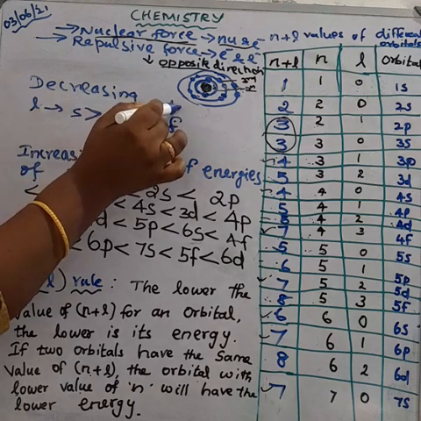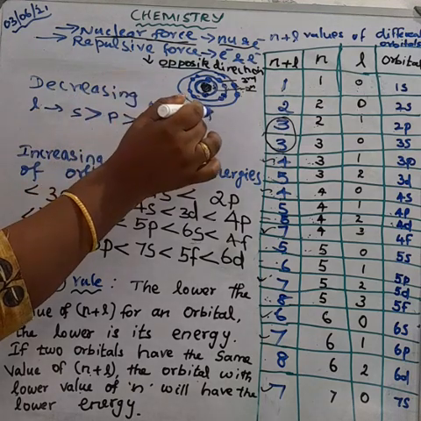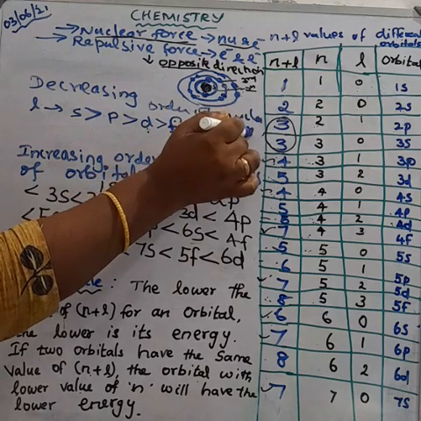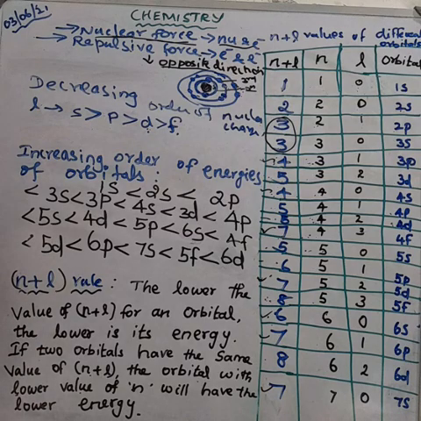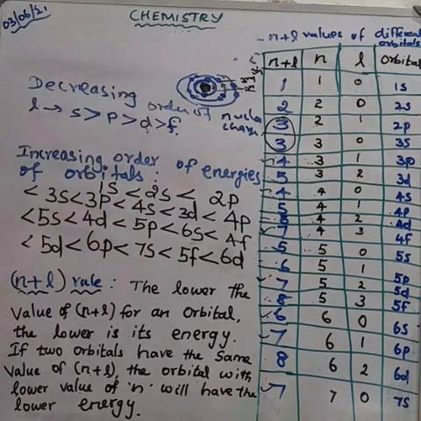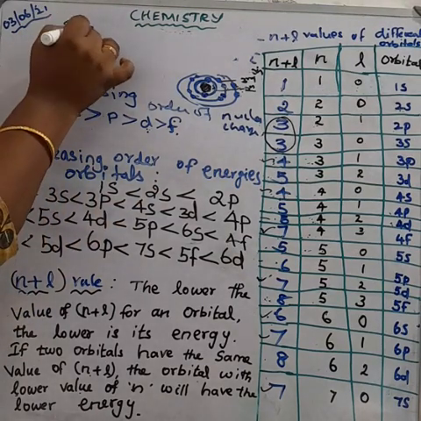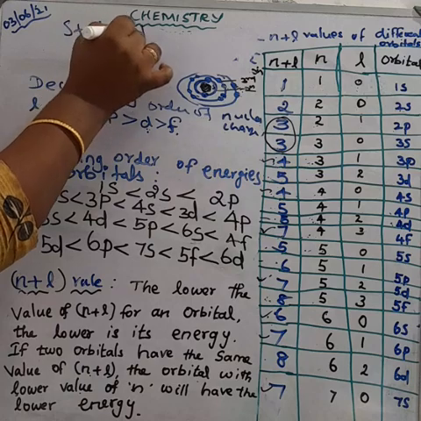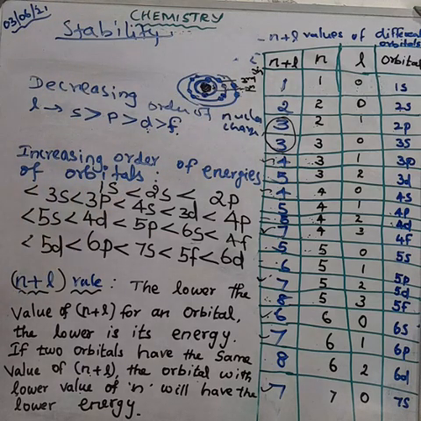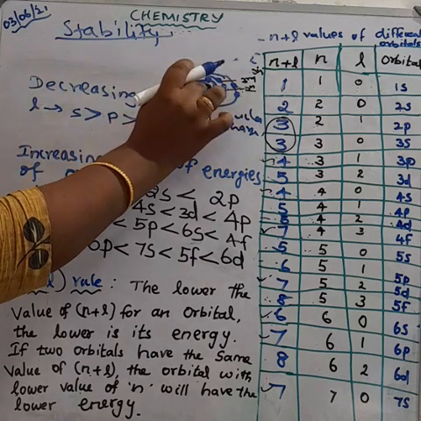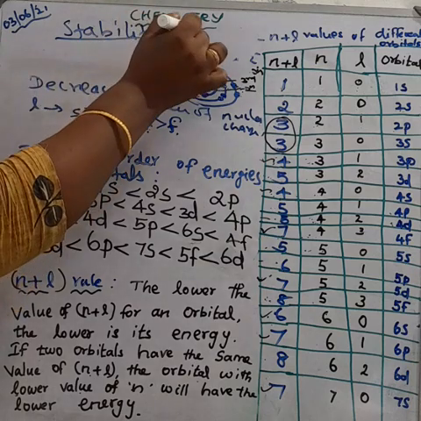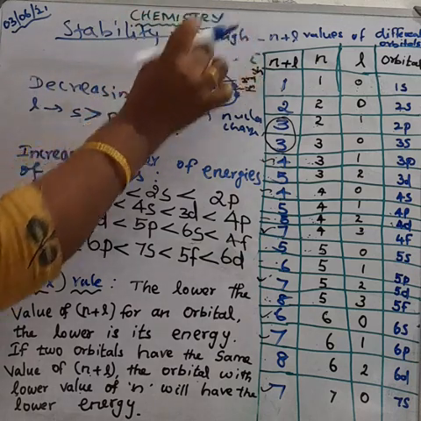Okay, understood? Then we are going to study the stability of the orbitals and the energy of the orbitals. If nuclear charge is increasing, the stability of the orbital also increases. You know this, I explained it now. This orbital is very close to the nucleus, so it has very high nuclear charge. The stability is also high here when compared to p, d and f orbitals.